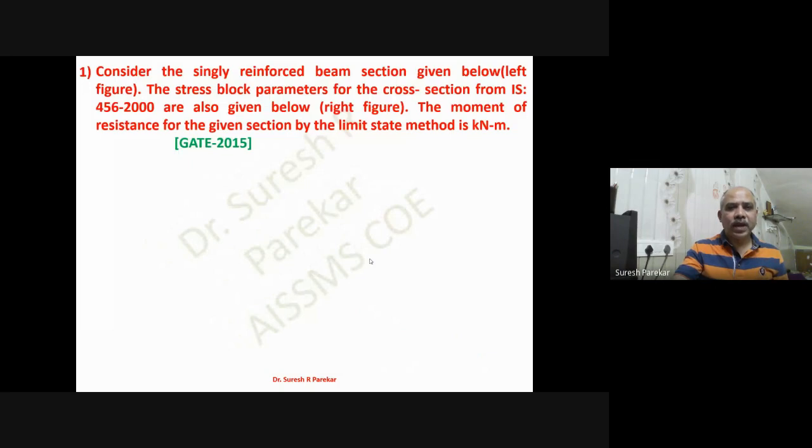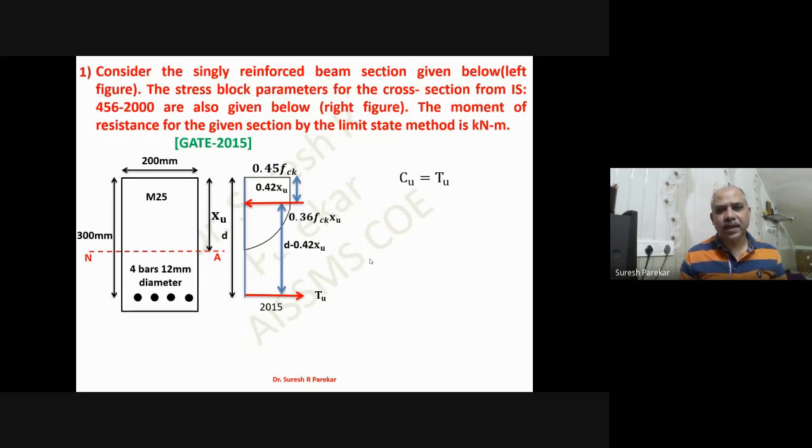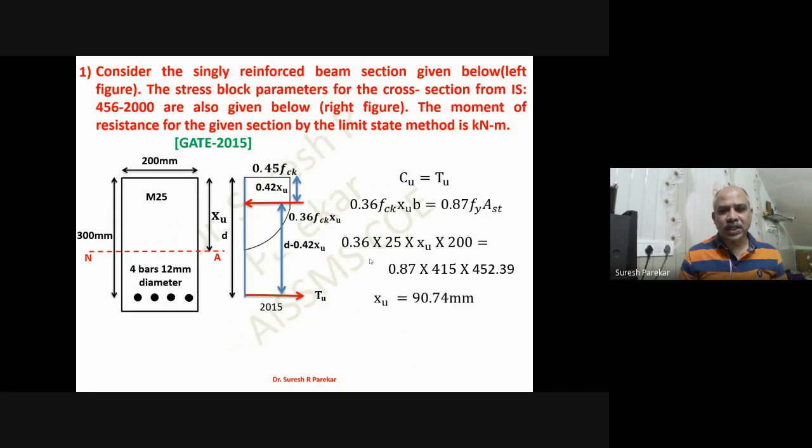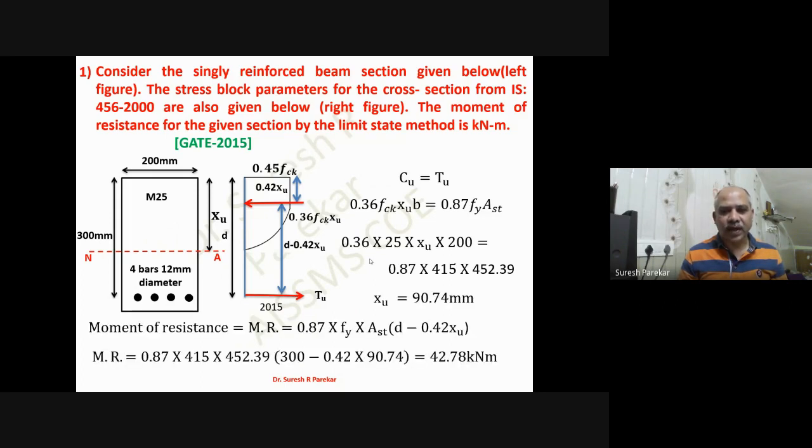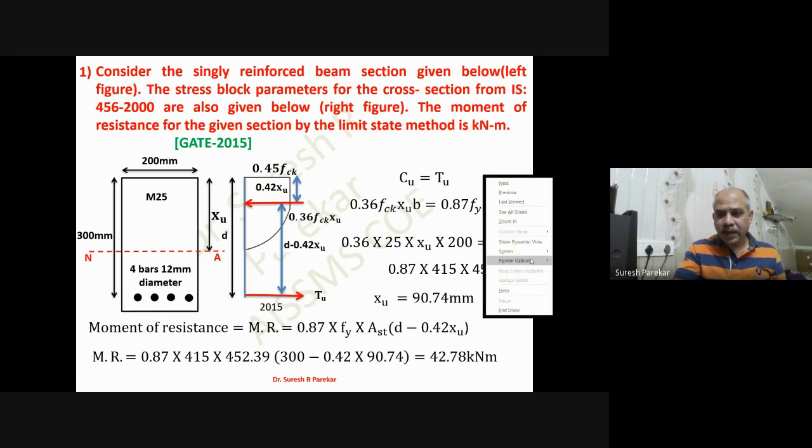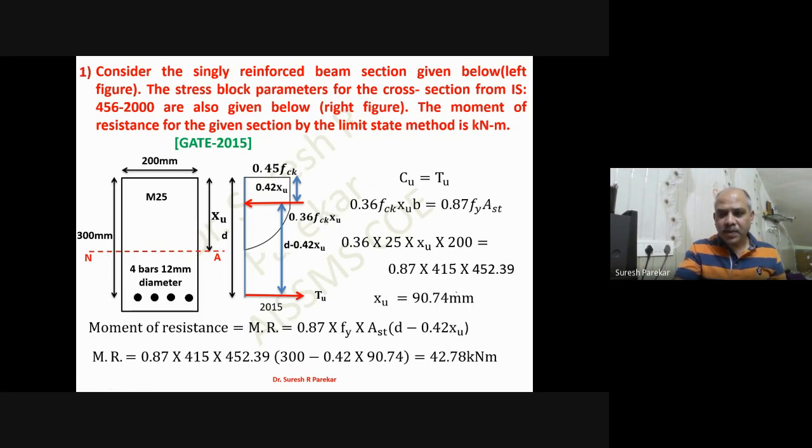Reinforced concrete, and in that we have the topic beam column. So now, first, a section is given and we have to find out MR. You can see the section is given on the left side and we are going to find out the value of MR. Now in this, we are going to use the formula for steel.